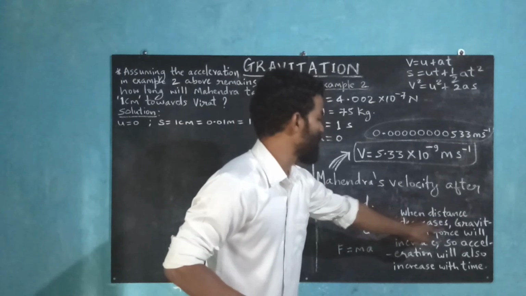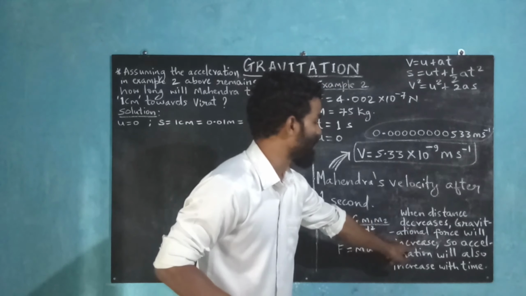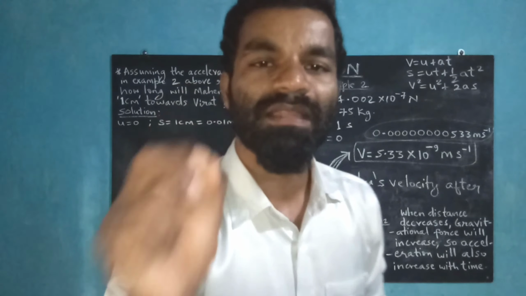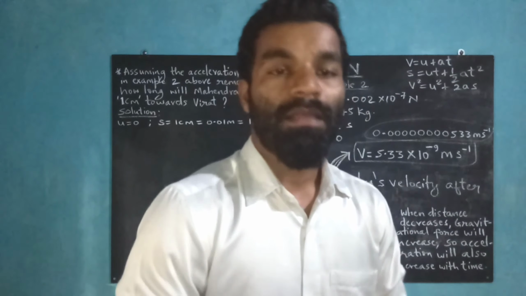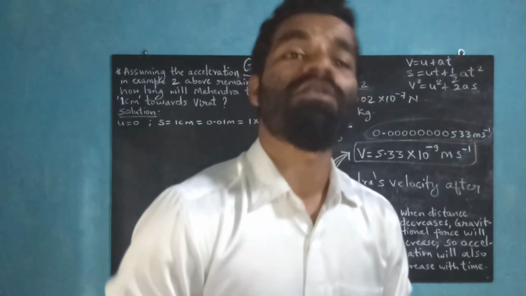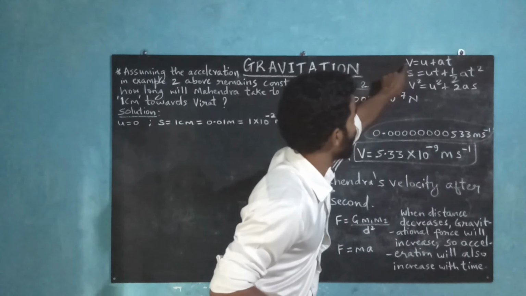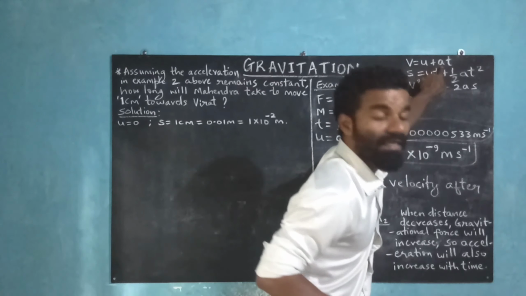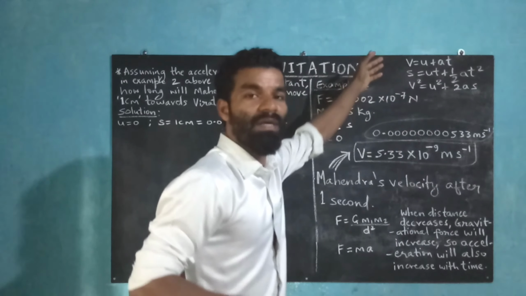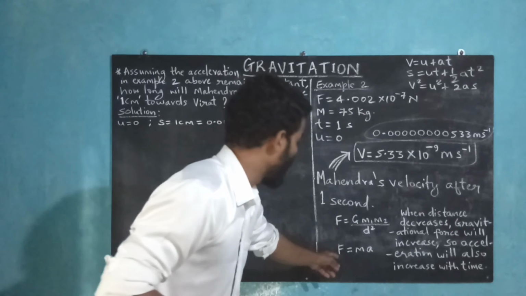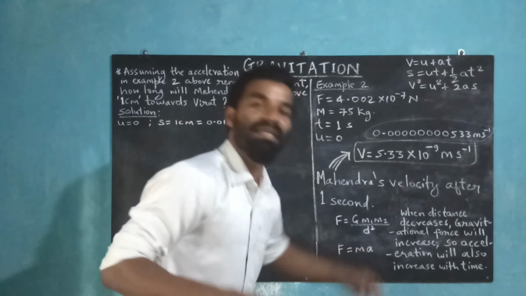When distance decreases, gravitational force will increase. So acceleration will also increase with time. Of course, if velocity increases, acceleration also increases. This formula indicates that if velocity increases, acceleration increases. This is also the other way to think, but it can be proved like this, that if force increases, acceleration